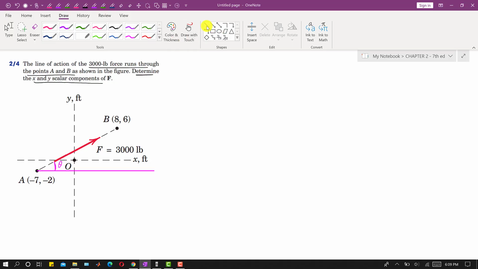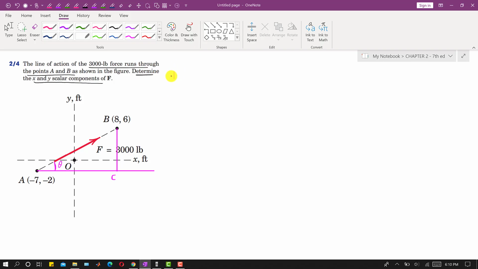So if I draw another line, so theta is the slope of this line, right? So if you want to find this theta, let's say that somewhere here the intersection point is, let's say, point C, right? So if we apply tan theta to this triangle in terms of lengths,